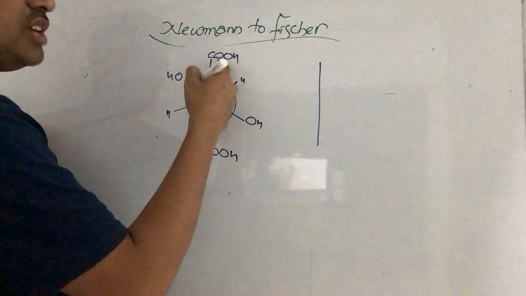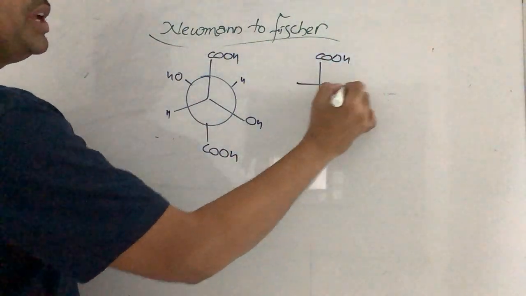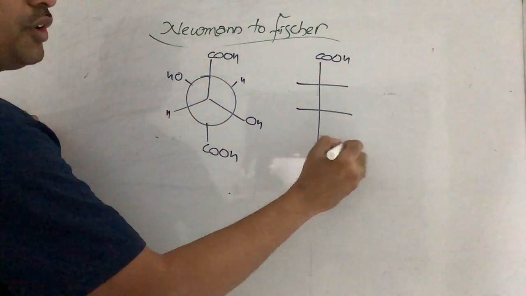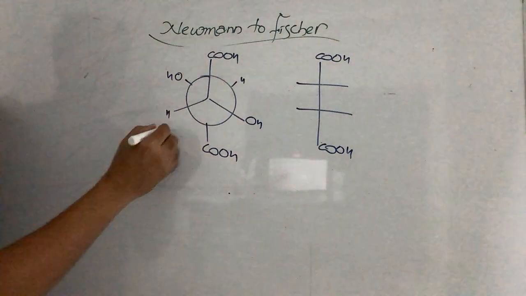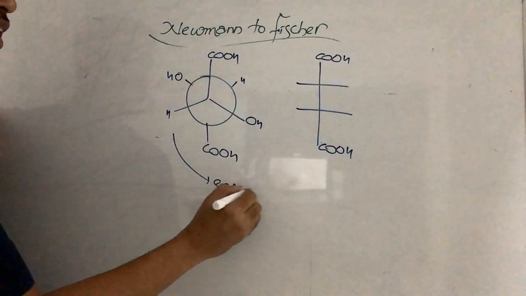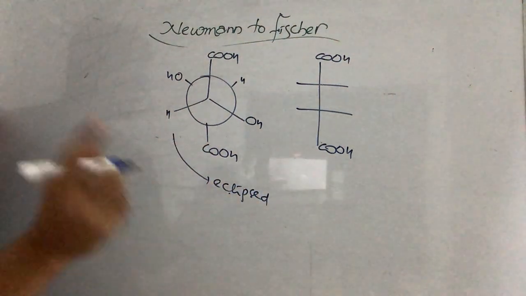So this is COOH here, two places, COOH is here. Okay, technically only I am writing, not theoretically. We should not write like this. It must be converted to eclipsed. Okay, try to convert into eclipsed only. You will be getting the same one.